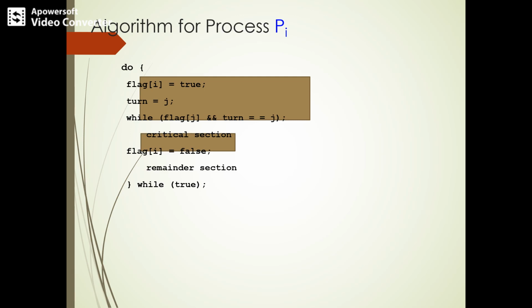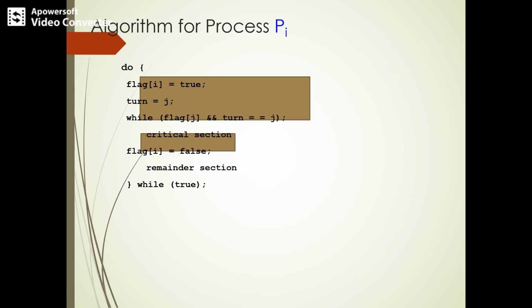All the process Pi code will be executed in the critical section. So the while line clearly states that whichever process wants to execute, it is stopped, prevented from entering the critical section.